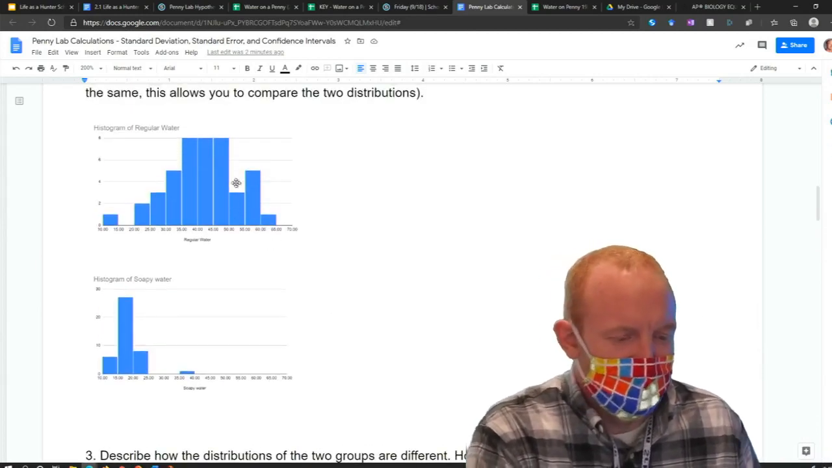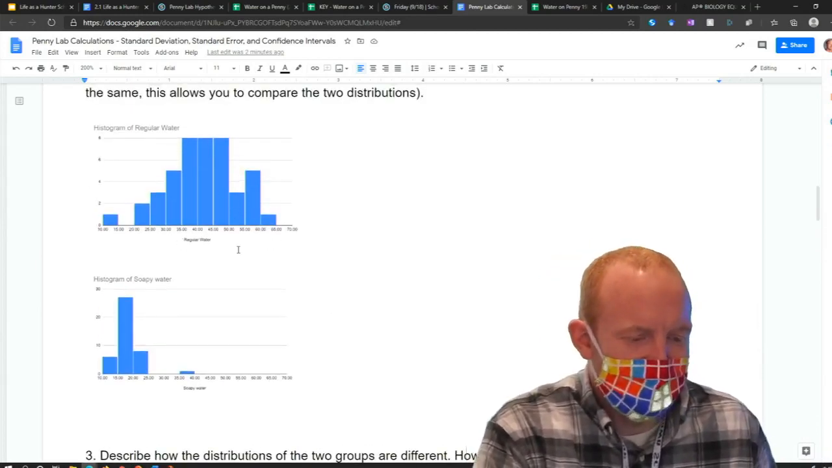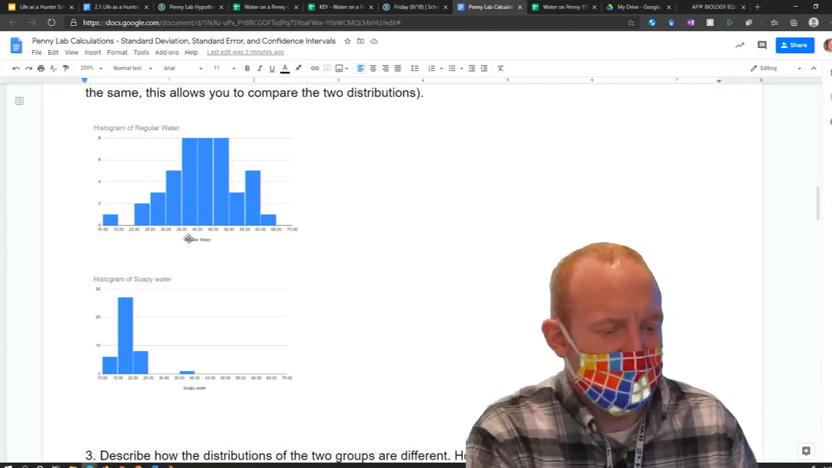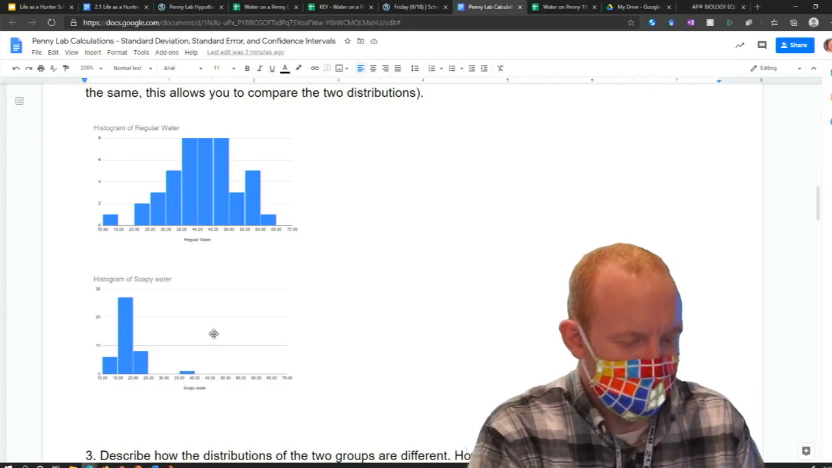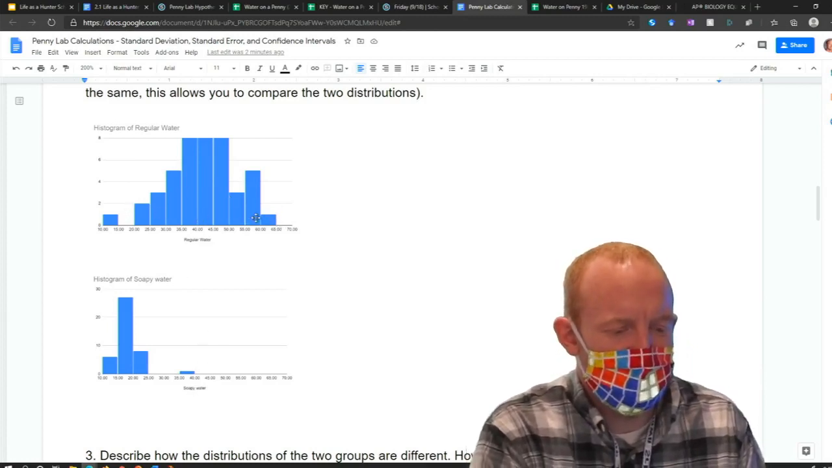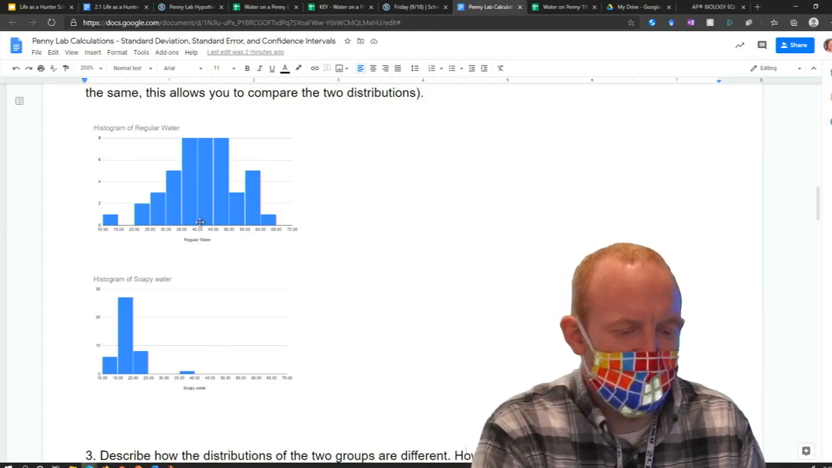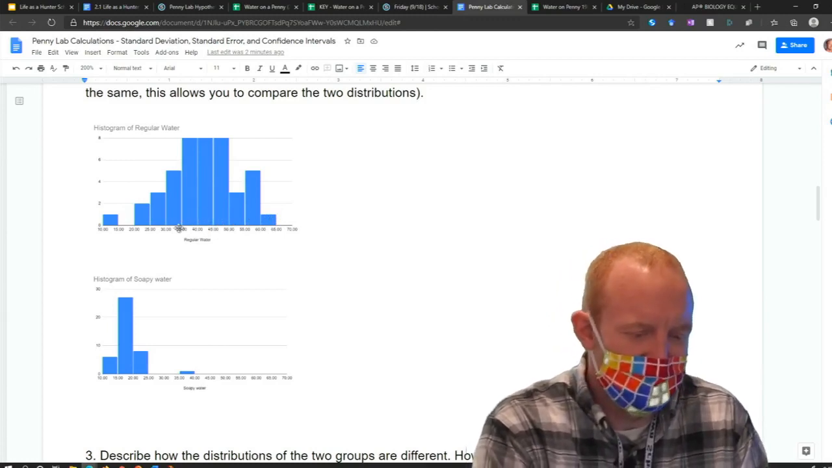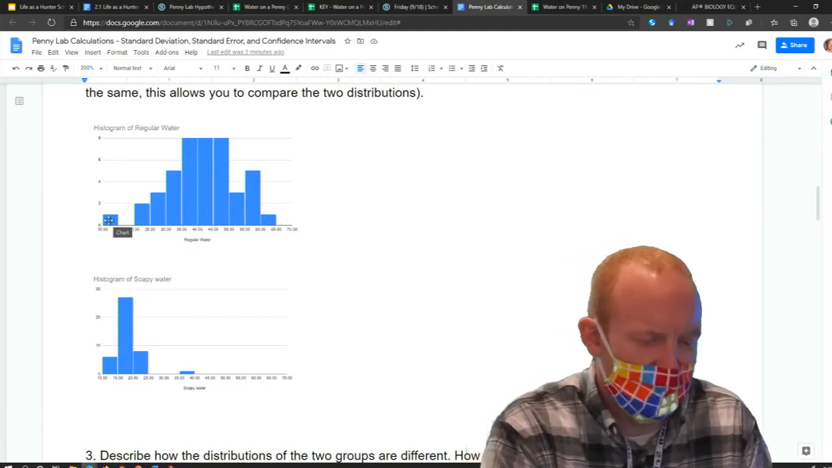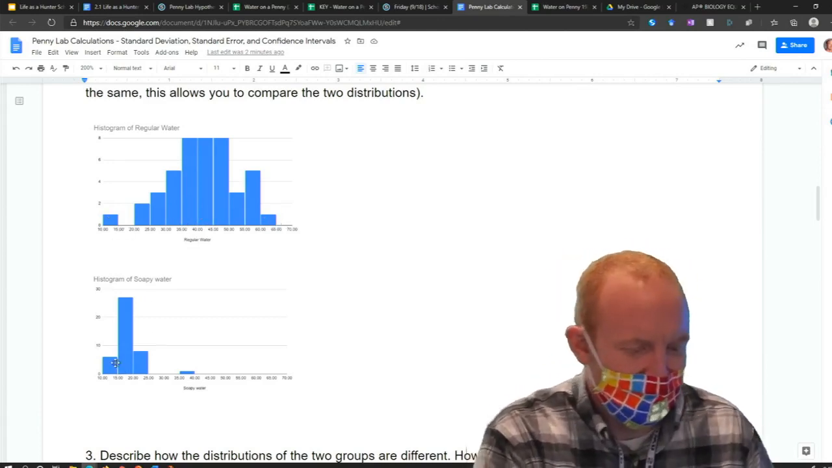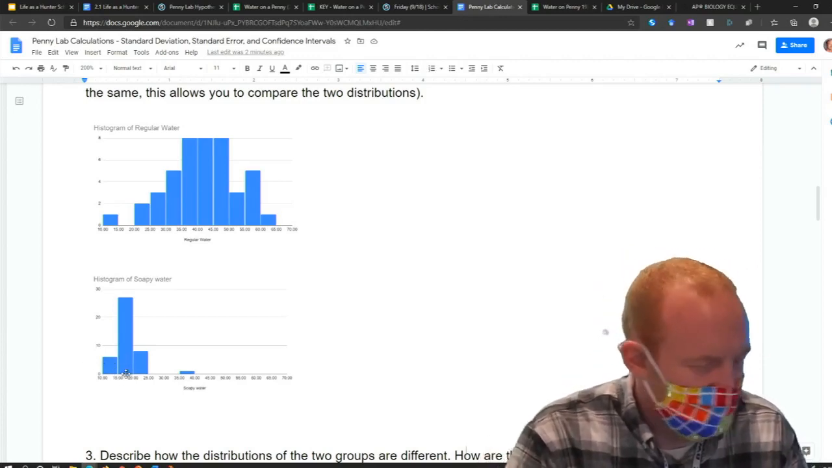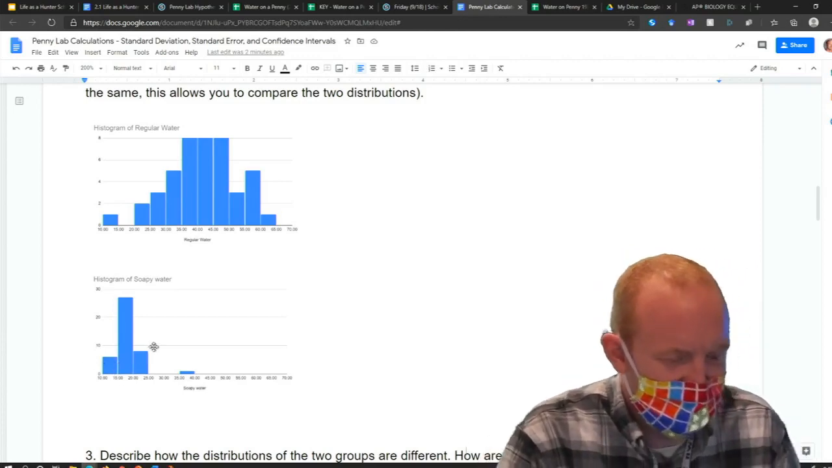All right, so you can see that not only was the mean higher for regular water, so more drops of water, but the standard deviation was bigger. It was more spread out. That is, the average was 41, but all the pennies weren't very near 41. There were some that were much higher, some that were much lower. Whereas the mean was much lower for soapy water. It was like 19 or whatever it was,